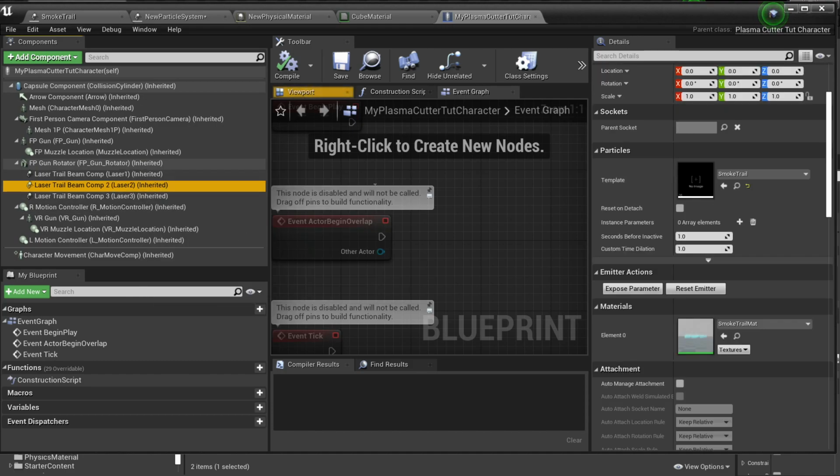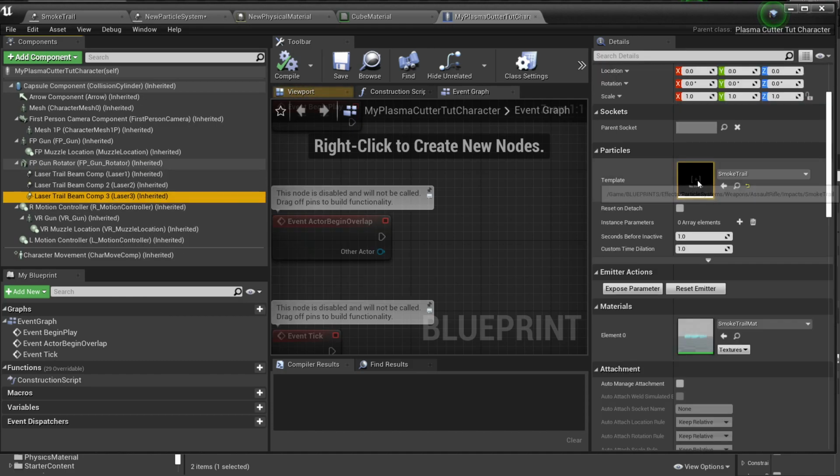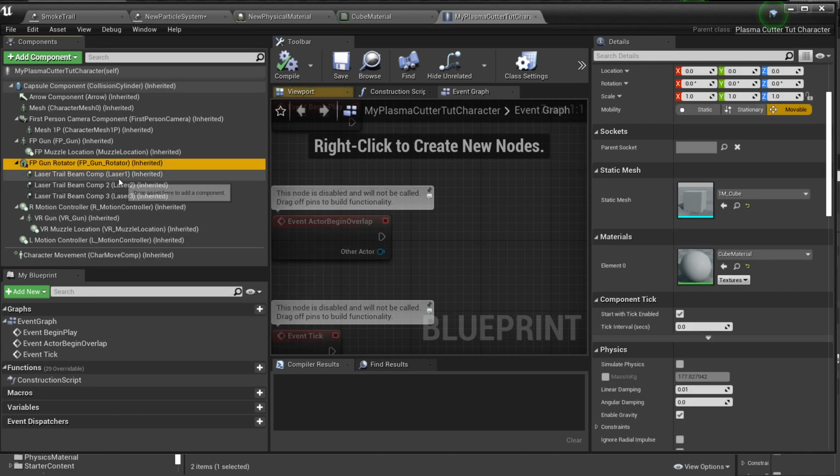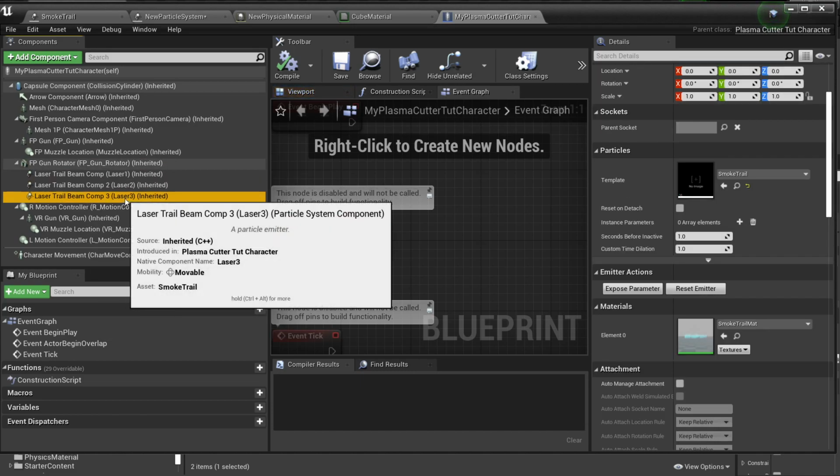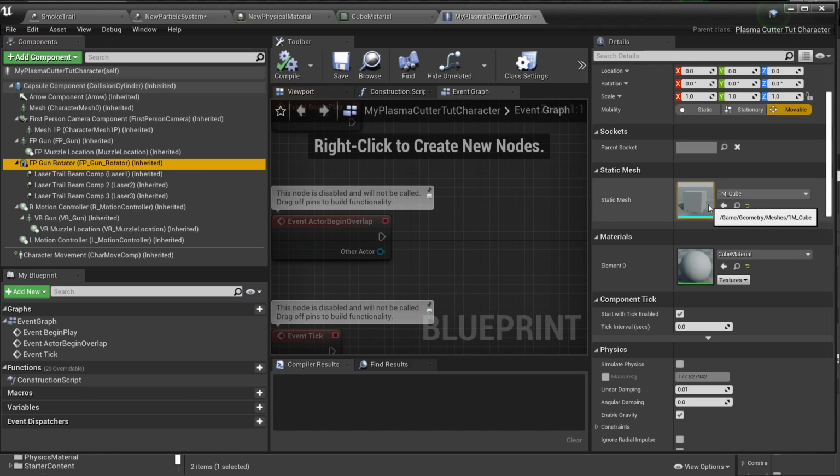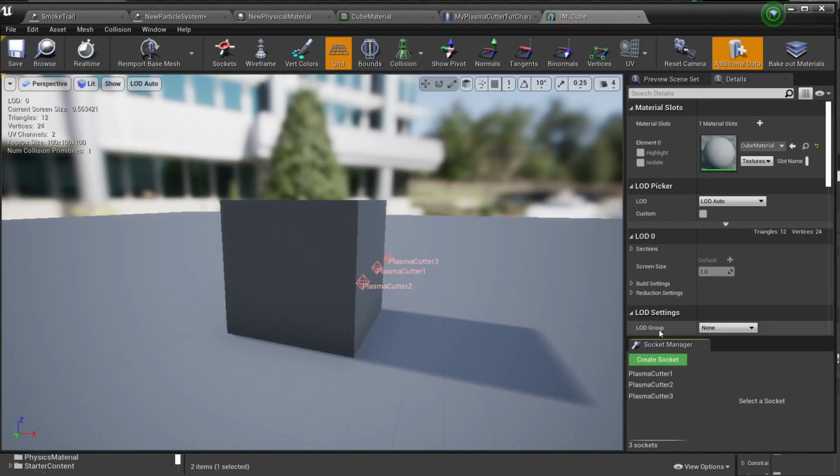Set that to smoke trail, and set that to smoke trail. Set all three to the smoke trail. And then within the cube, I used the cube for this. You can use whatever you want. I used a cube, and where it says down here, create socket,